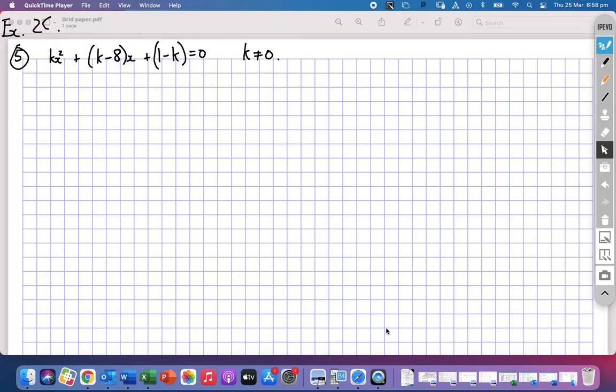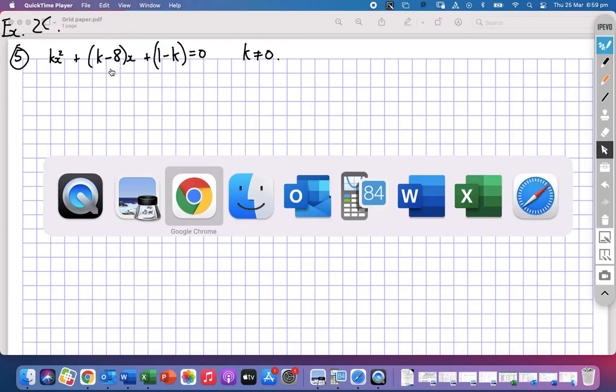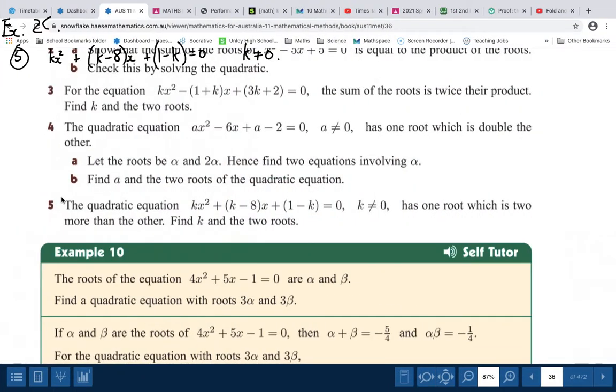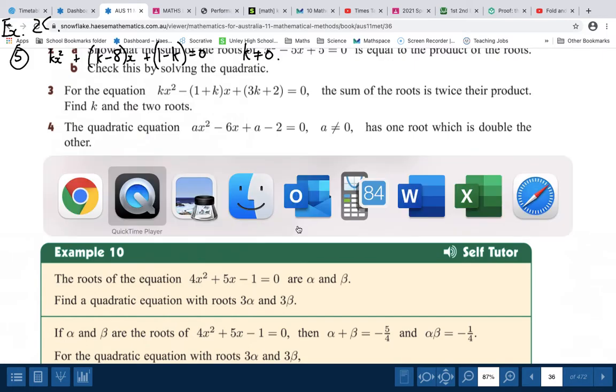Okay, this is exercise 2C, question 5. Let's just look in the book. So it's this one. It's a reasonably tricky question. We've got this quadratic equation. One root is 2 more than the other. So the way we can express that, we could say